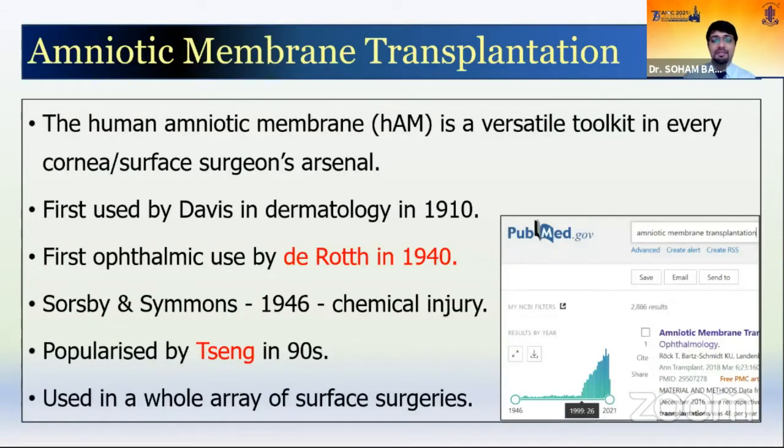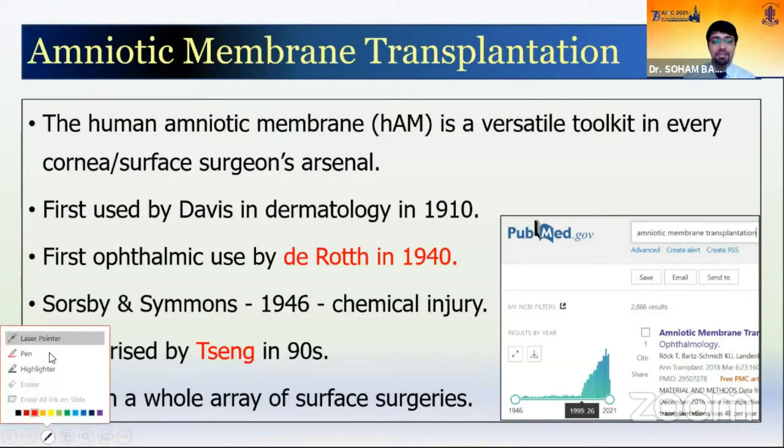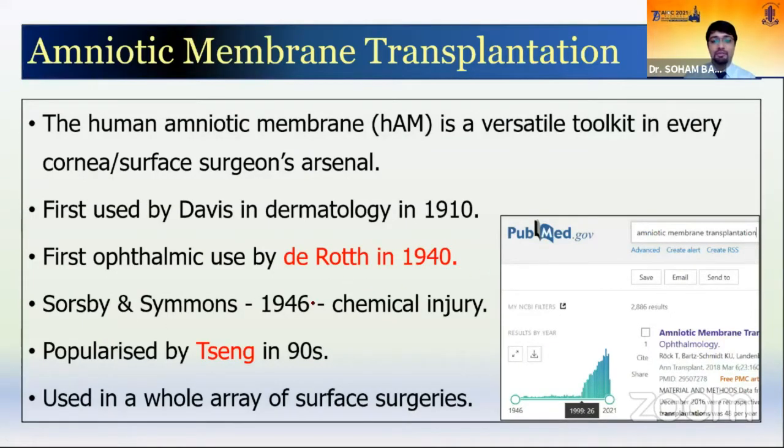So coming to a little bit of history before I begin. It was first described in dermatology back in 1910. But the first use in ophthalmology was in 1940 by Dr. Roth, who used it for a conjunctival defect. And then Sorsby and Simons used it in 1940 for chemical injury. However, from the 1990s, Schaefer-Seng and his group really catapulted the popularity of amniotic membrane. As you can see by the timeline in PubMed, by the number of publications, there is a huge exponential